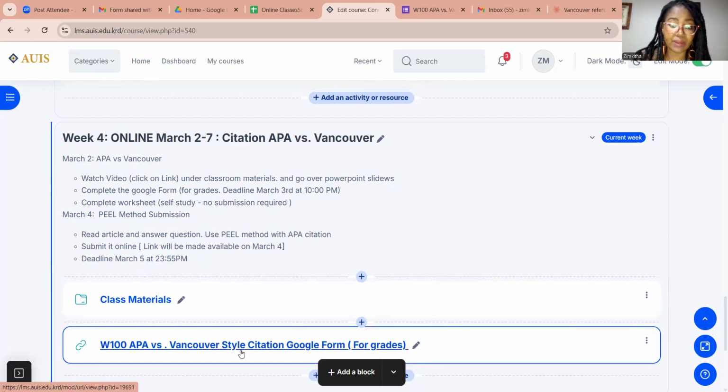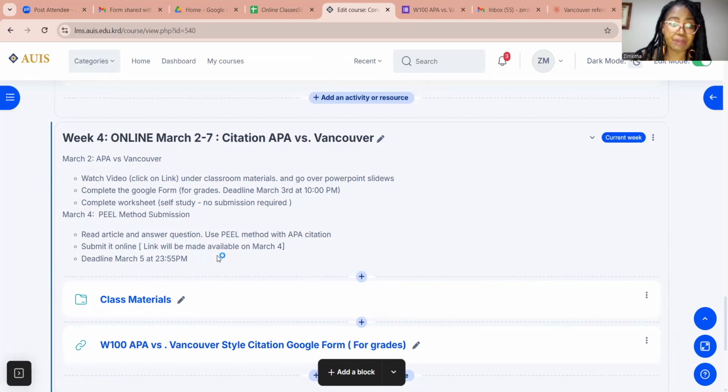You click on it. Let me just show you. When you click on it, it will pop up like this. You will realize that the form is self-paced. So you need to watch the video, go through the slides, and answer the questions as you go. All right. And at the end, you click submit, and your answers will be submitted to me. Okay. If you are not sure, you are more than welcome to reach out to me via email. So let us start with the lesson for today.